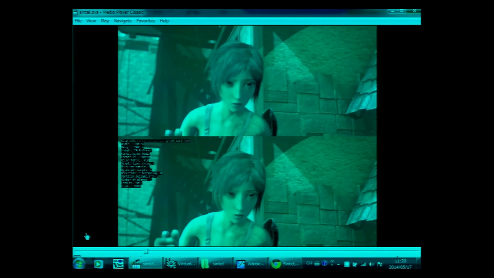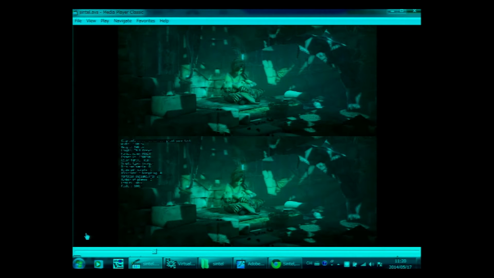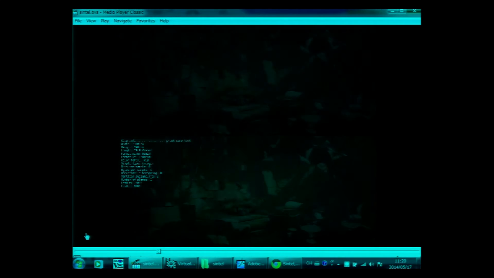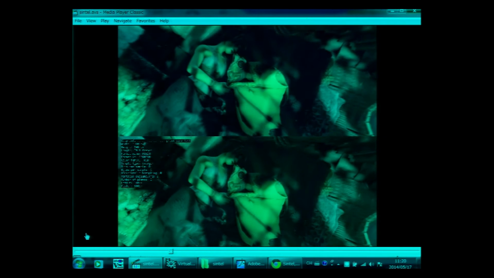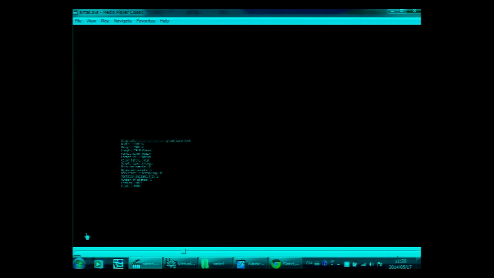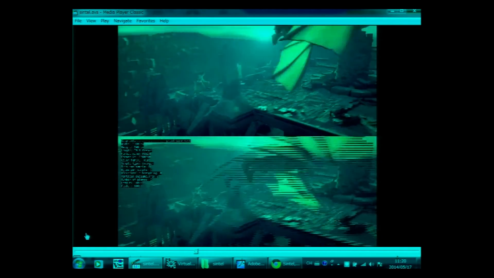And in this part, I do something like a film effect. And in this part, I do some interlace effect.